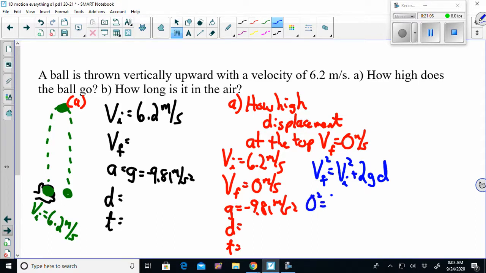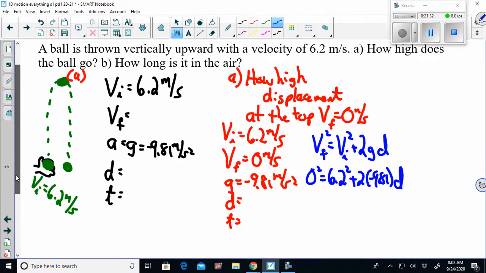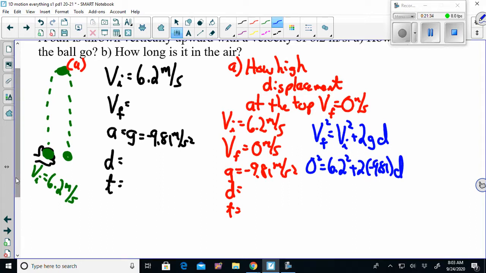0 squared equals 6.2 squared plus 2 times negative 9.81 d. Oh, I can't do 6.2 squared in my head. 36, 38 something, right? Let's see. 6.2 squared, 38.44. So I get